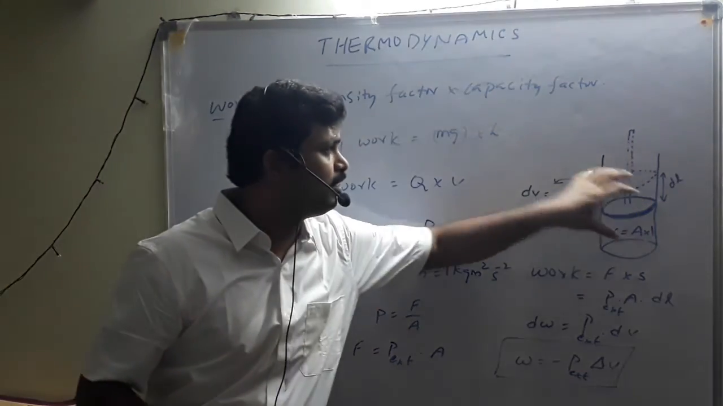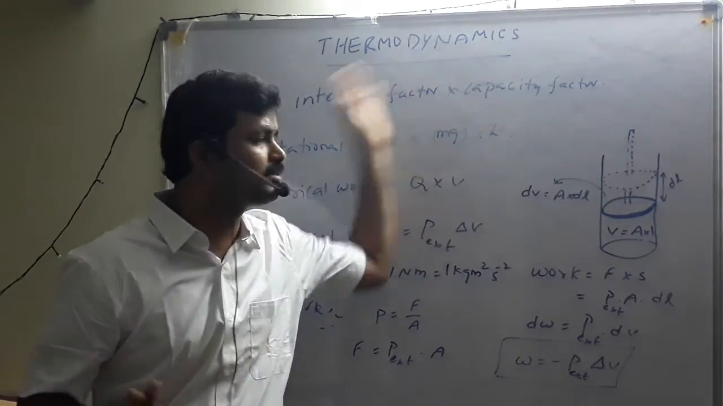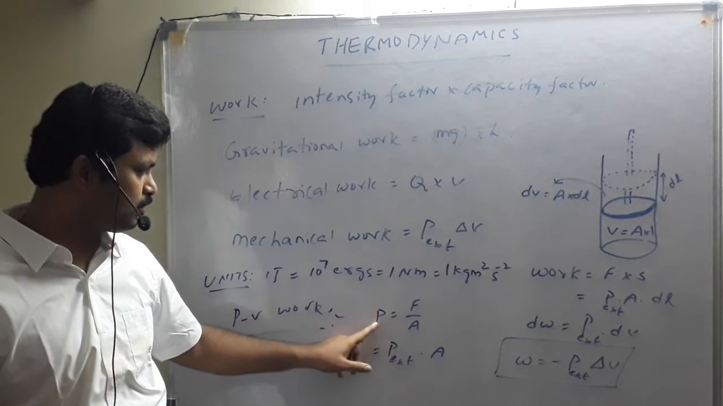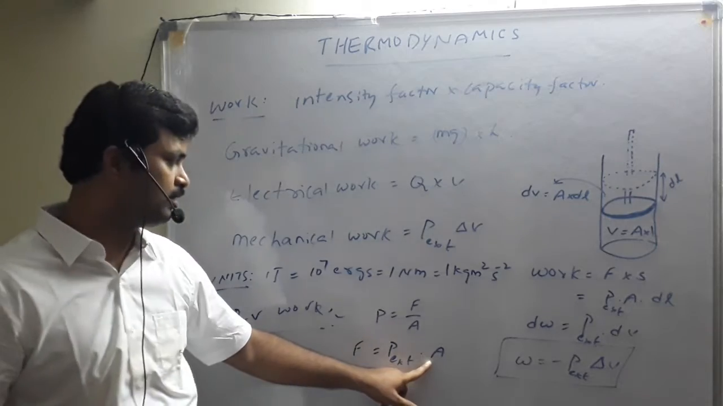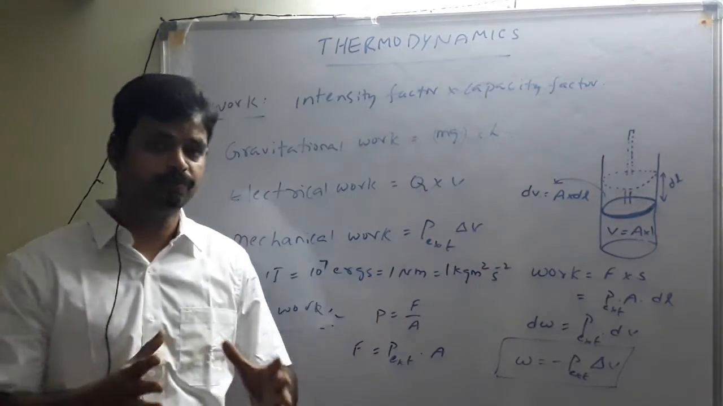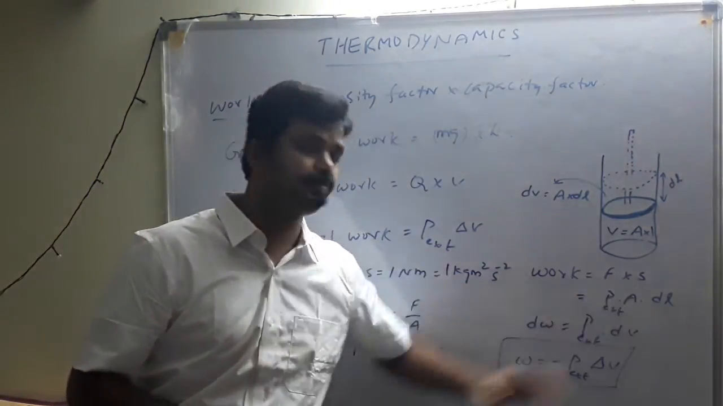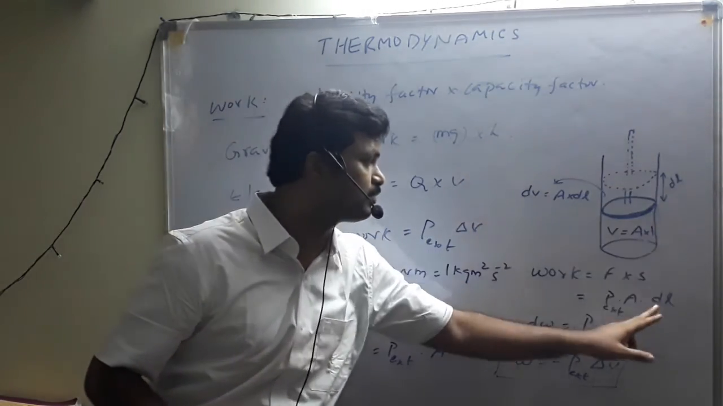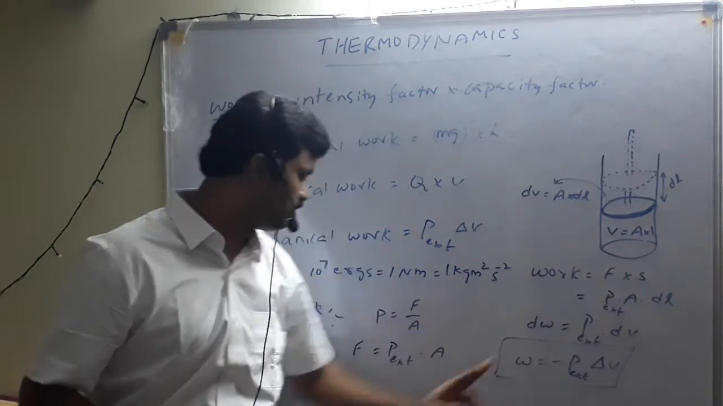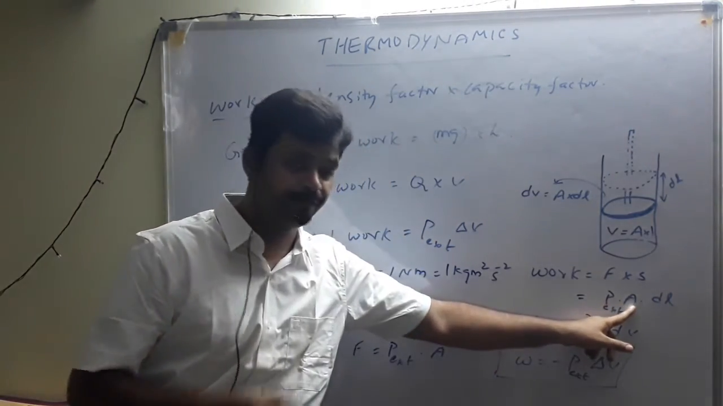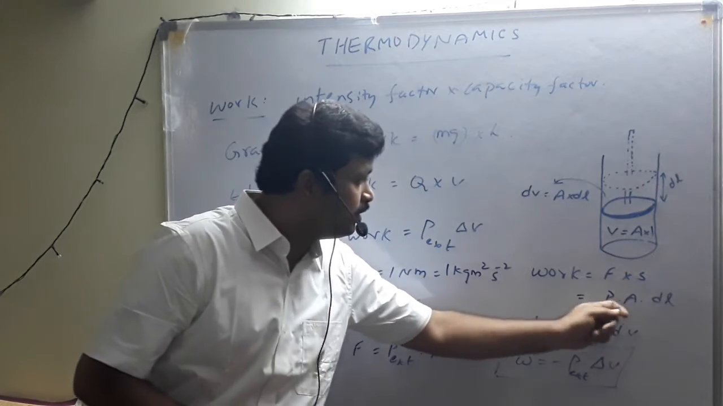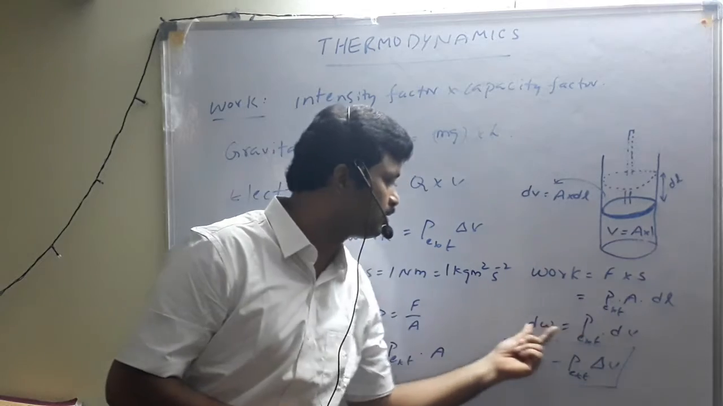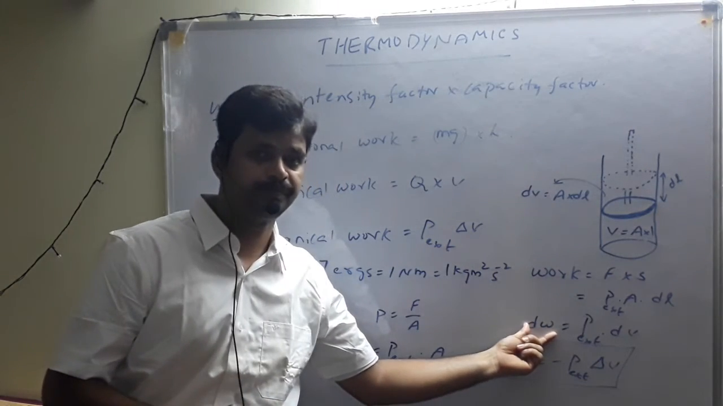Here we are confined to the piston and cylinder, so we write external pressure. Then force equals external pressure into area. Then come back to the work definition, force into displacement. Here what is the displacement? Within the cylinder the displacement is dl. Force can be written as external pressure into area. So for infinitesimal change in the displacement, infinitesimal change in the work,